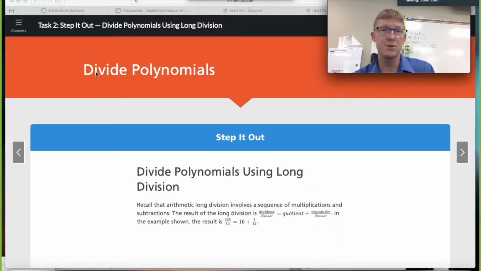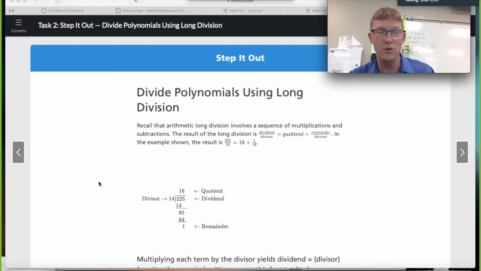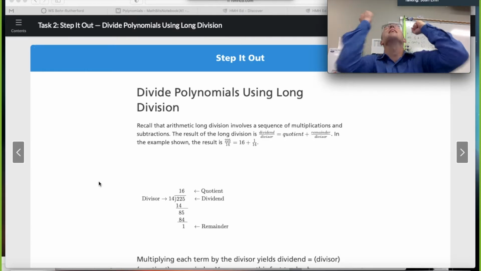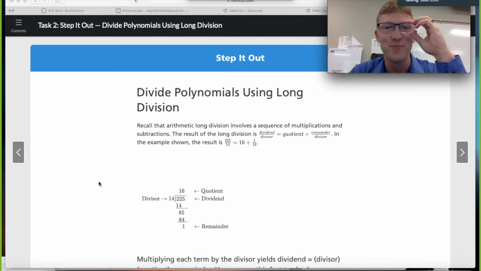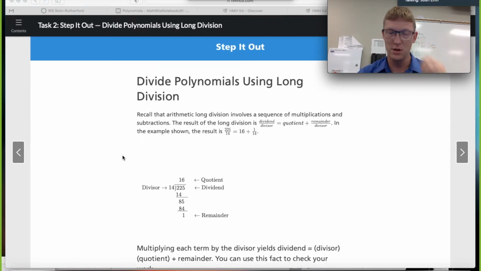So our task 2, again, we're dividing polynomials. Divide polynomials using long division. Yes! I love long division. I don't like synthetic division, but I love long division. So before we get started, when you're doing long division, remember, here's our little vocabulary terms. You will, for the book or for this program, you have to express your answers in quotients plus the remainder